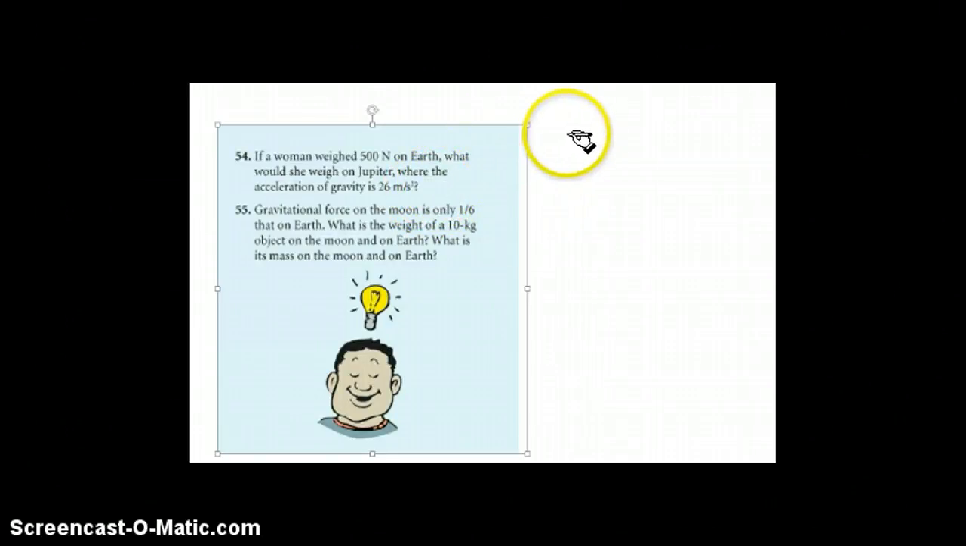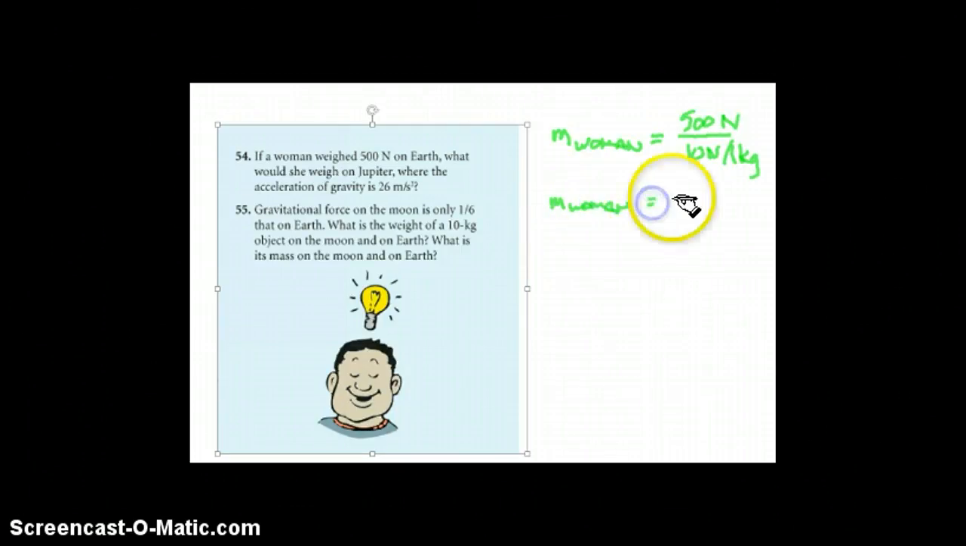So the first thing we want to do is find the mass of the woman, because what we learned in our chapter is that no matter where this woman is in the known universe, her mass is an unchanging thing. It's a constant. What changes is her weight, depending on how much gravity is pulling on her. We know that on Earth, she's being pulled with 500 newtons of weight. We also know that on Earth there are 10 newtons in 1 kilogram. Okay, so taking this ratio, we get the mass of the woman